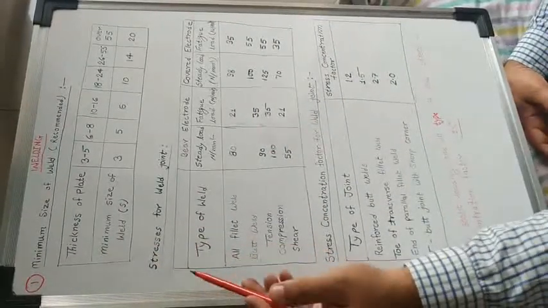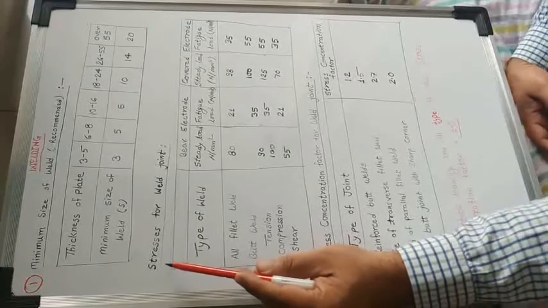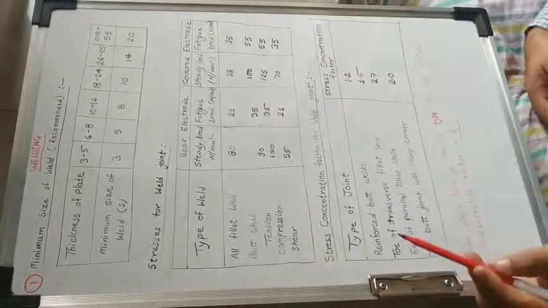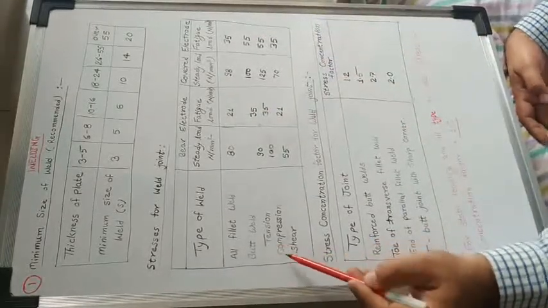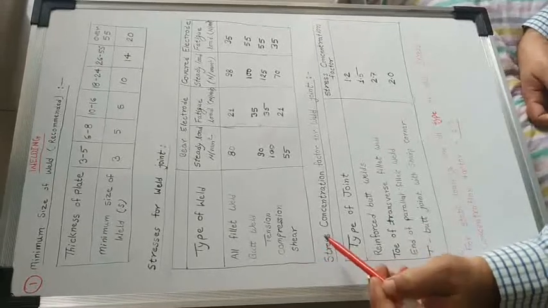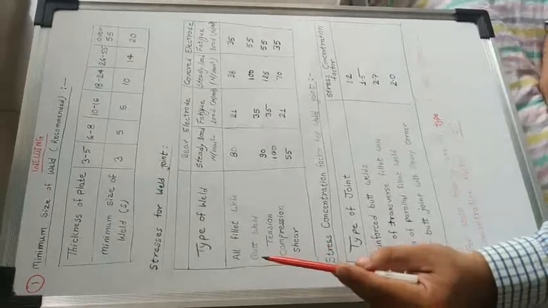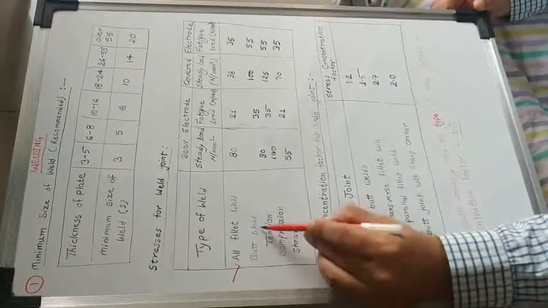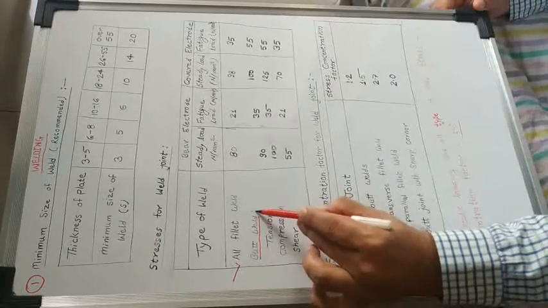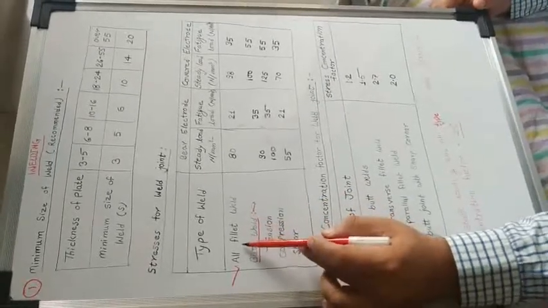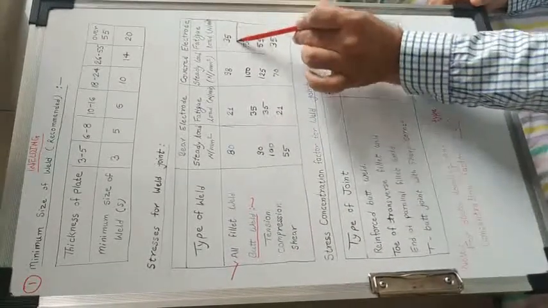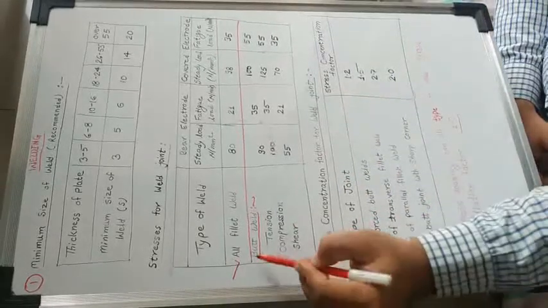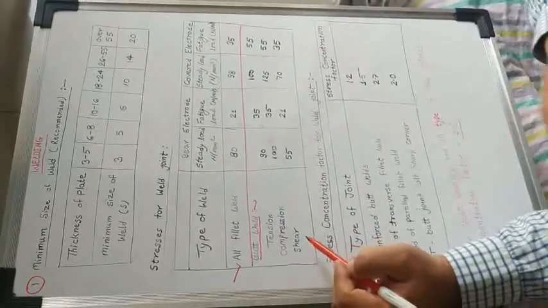If you are designing the welding, then you have to consider the stress. It is given as a number of stresses, that is tensile stress, compression stress and shear stress. Generally we are doing fillet welding and butt welding. If you see, this is a fillet welding and this is a butt welding. For all types of fillet welding, we consider only one stress, and for butt welding, tension, compression and shear we will take separately.